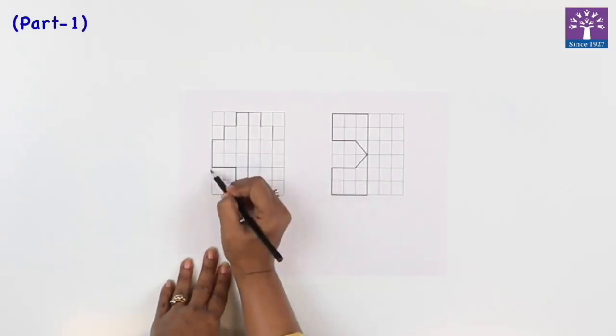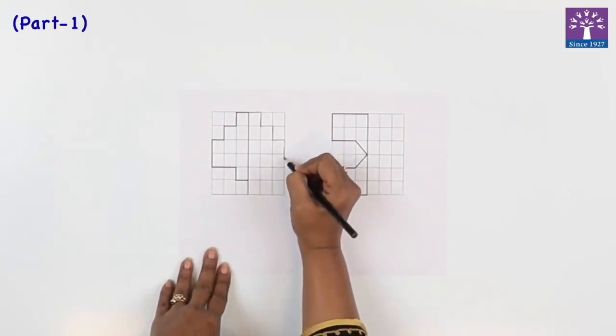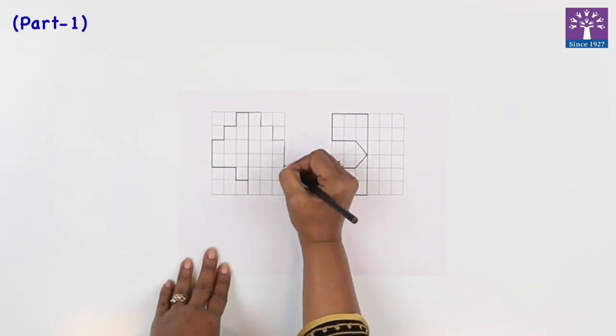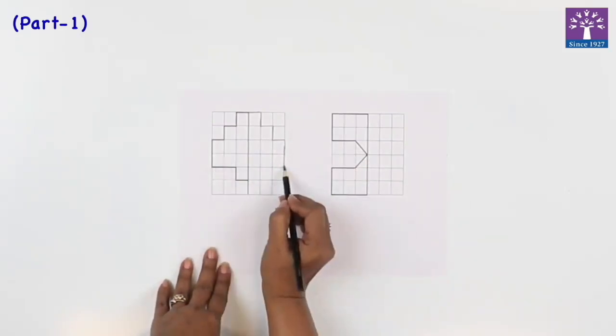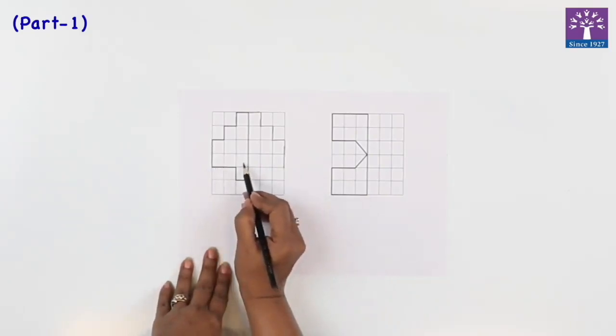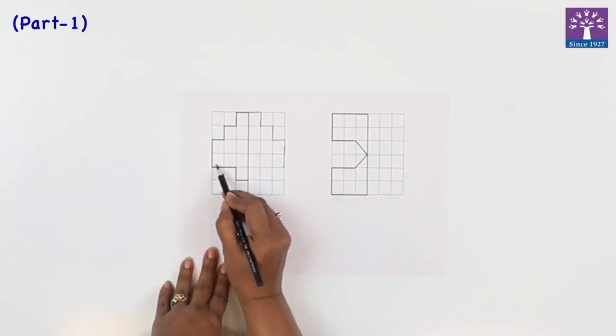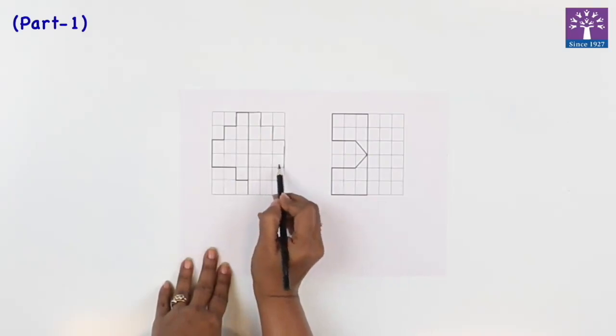Then here there is a standing line or a vertical line on 2 squares, 1 and 2. From this point, 1 and 2. So we will count 1, 2 and again draw a vertical line. We came down to this point over here. See, same point. Again we are going to count the squares, 1, 2, 3. Let's count the squares on the right hand side of the center line, 1, 2, 3.